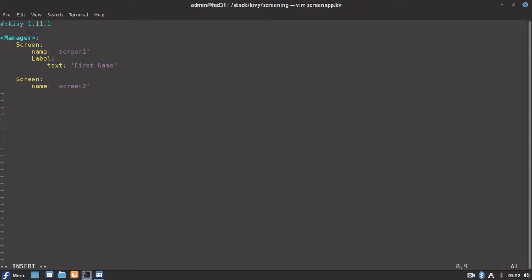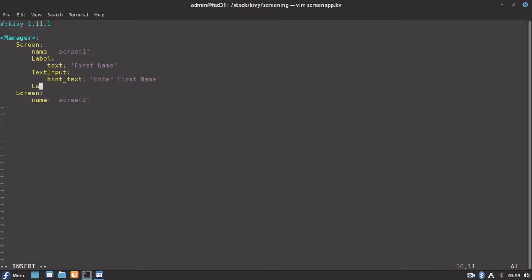Let's create our next widget, that is text input, which will accept our text content. Let's give some hint text in this text input, which is enter first name.